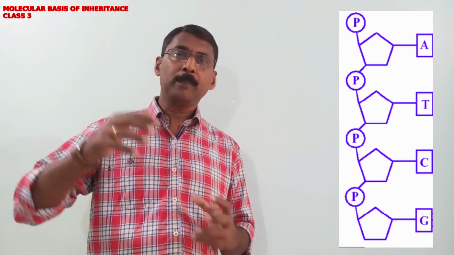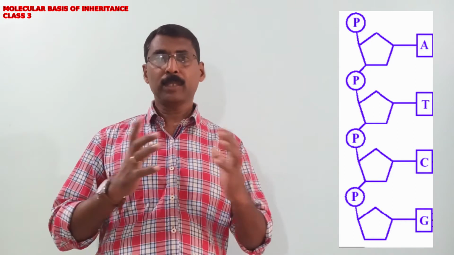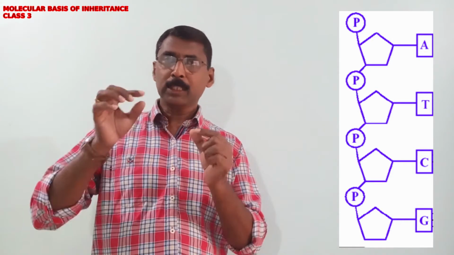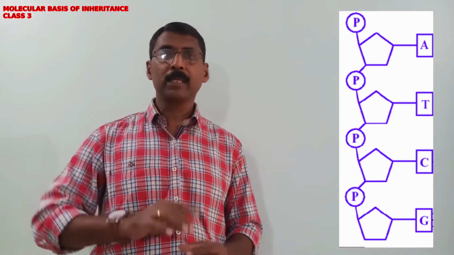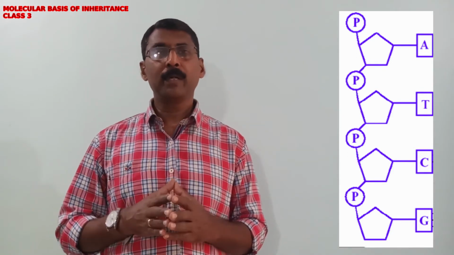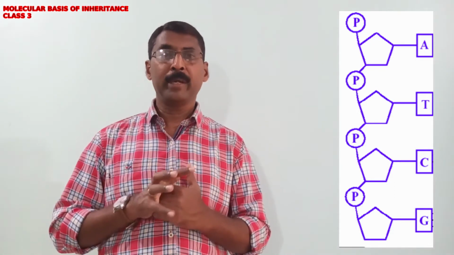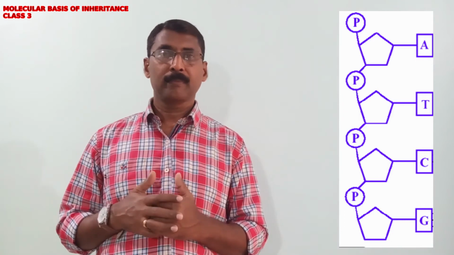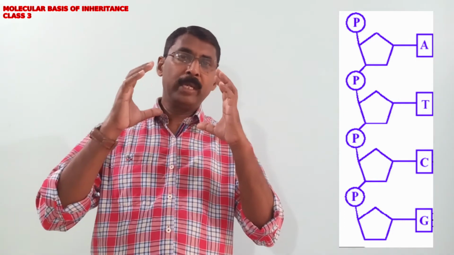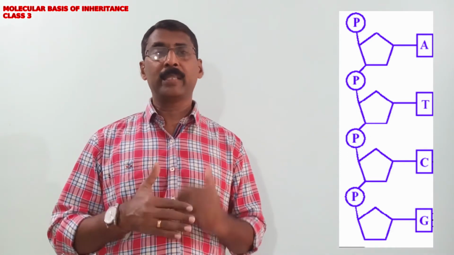Then to form a polymer, the DNA molecule has two polymer chains connected together, and each polymer chain, each strand of the DNA molecule, is made up of many nucleotides connected together. So one nucleotide is connected with another nucleotide, another nucleotide,